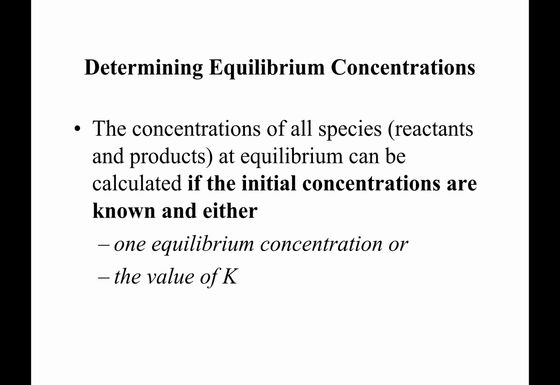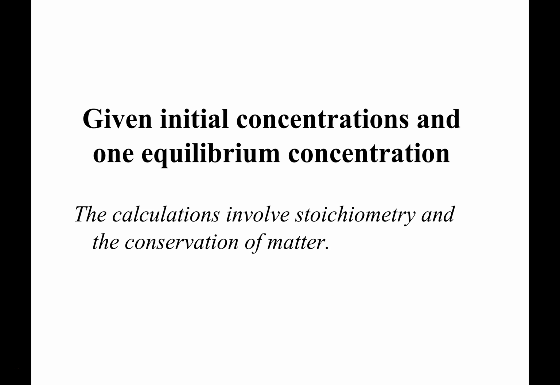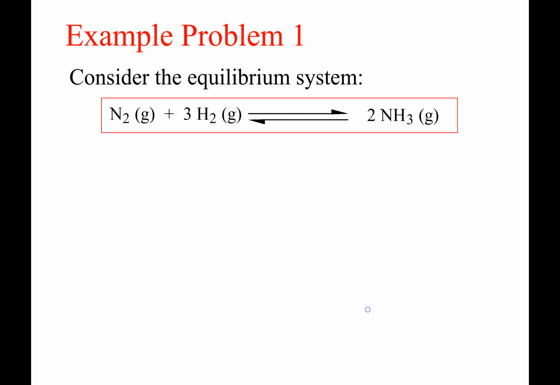So let's work that first problem here. Again, we're going to be given the initial concentrations of everything, and we're going to be given the equilibrium concentration of one species. This is going to involve kind of backtracking, and in Gen Chem 1 we talked a lot about stoichiometry, so that's going to come into play here, just some simple stoichiometric calculations. So for example, we could have this